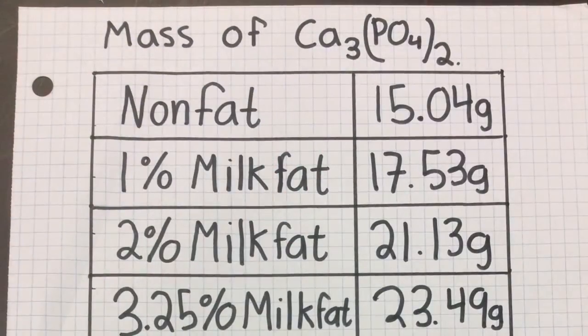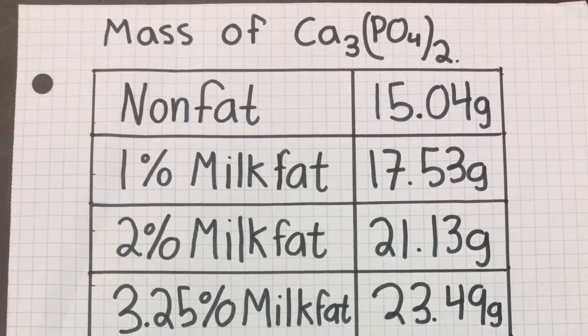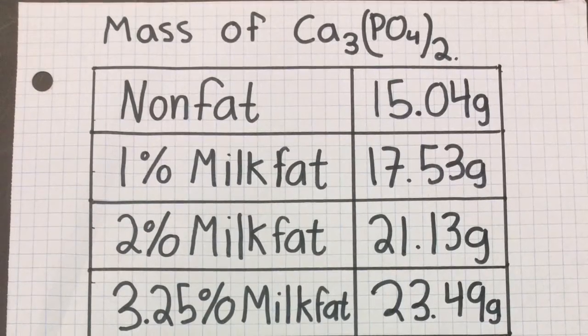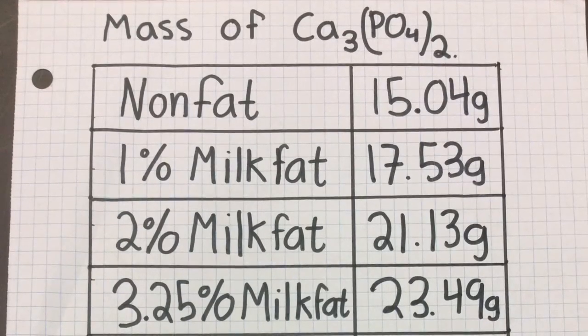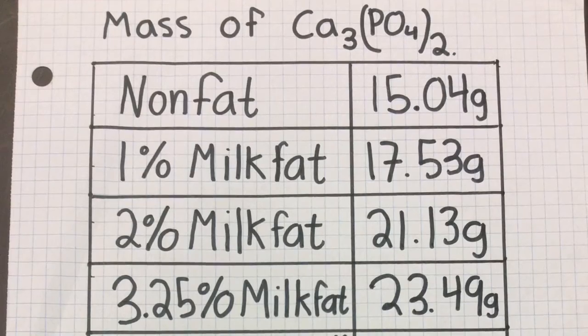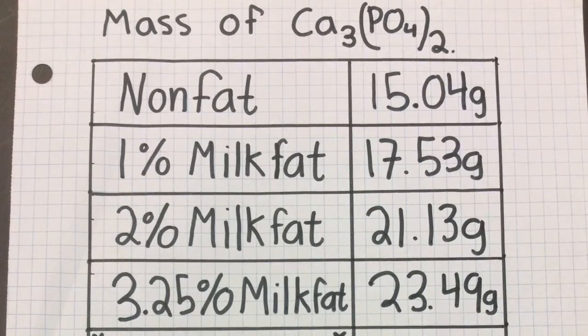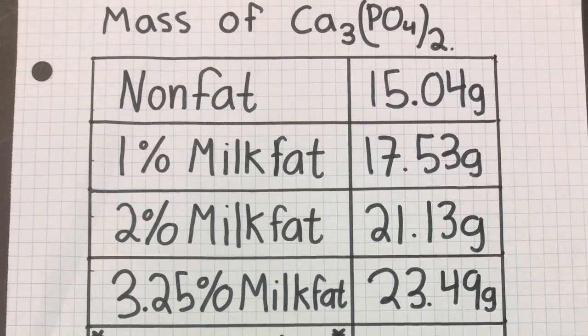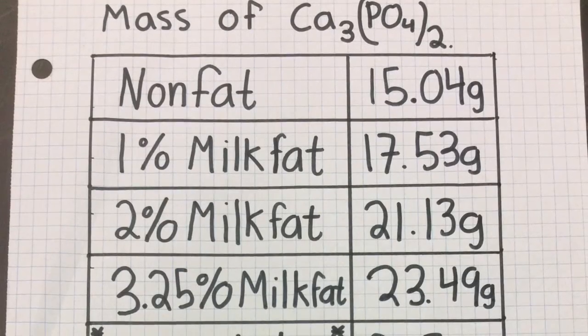So in conclusion, here's our final data. The mass of the calcium phosphate was determined by subtracting the mass of the filter paper from the mass of the filter paper and the precipitate. We decided to disregard the mold formed over the 3 days we let it dry, since the mass was very